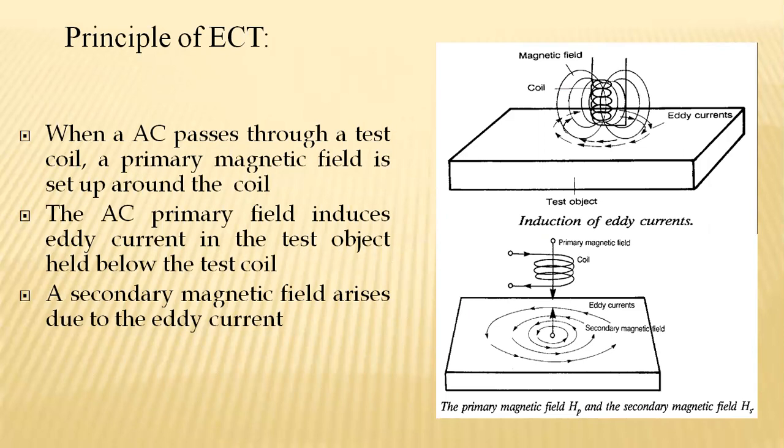Beyond that, the AC primary field induces eddy currents due to mutual inductance in the secondary coil, and here the secondary coil relates to the polarity changes towards the material and the induced EMF as an AC source. And due to the variations of its polarities,